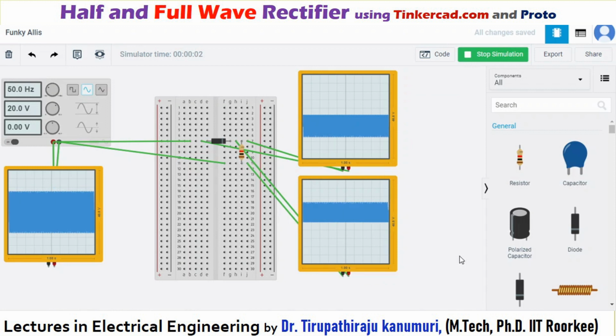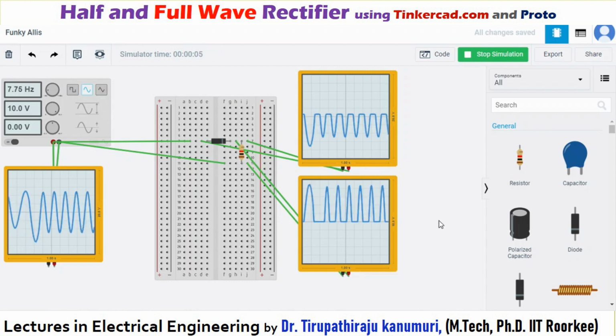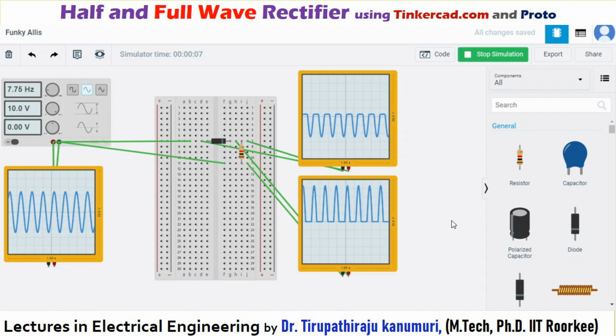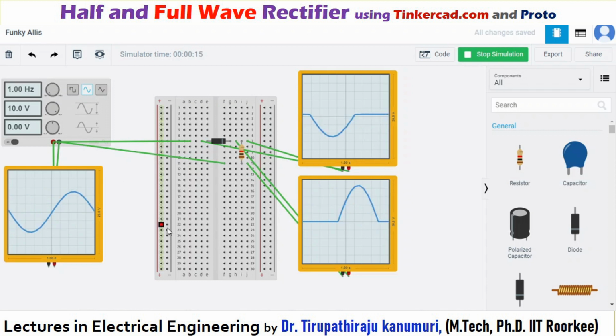You can see here when I simulate, because it is coming very huge value, let us try to decrease the frequency so that we can see it easily. I have decreased the frequency. Let it stabilize, then we will observe how it is coming. You can see that only half of the waveform is coming at your output. Let us decrease it further. So 1 Hz I have made. Now you can visualize easily.